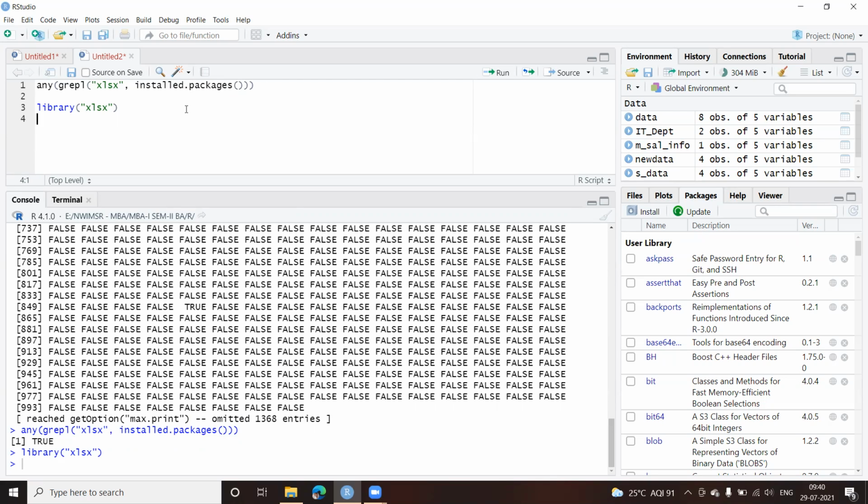But in some cases, you might get an error when you're trying to include the Excel package. The reason is, if you don't have Java installed on your laptop or desktop, this is not going to work. The first thing to remember is that your machine should have the Java Development Kit, JDK, installed. So first check whether you have JDK installed. If it is not there, please install it. It's freely available on the Oracle website, so you can go there and install it.